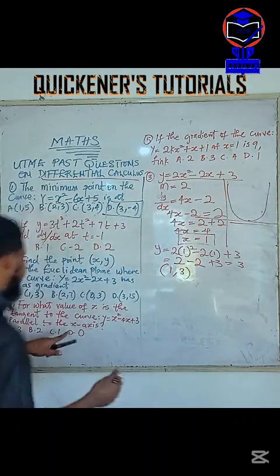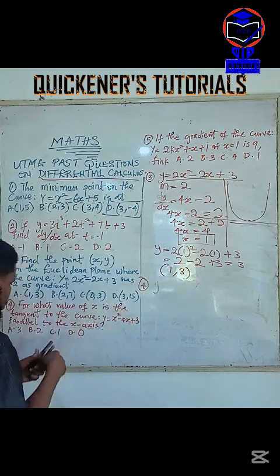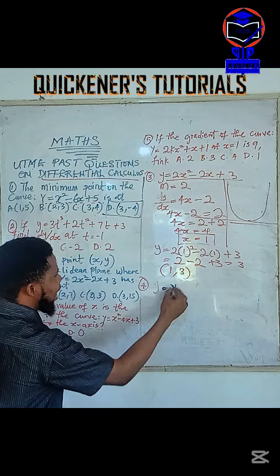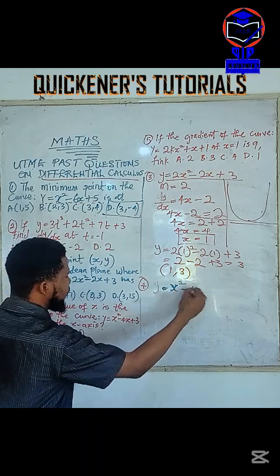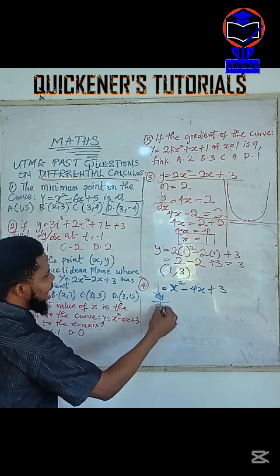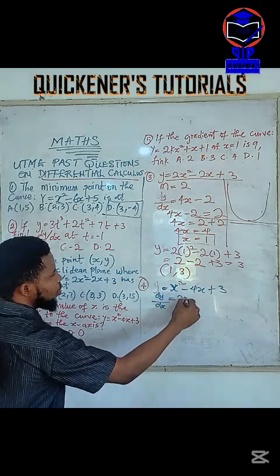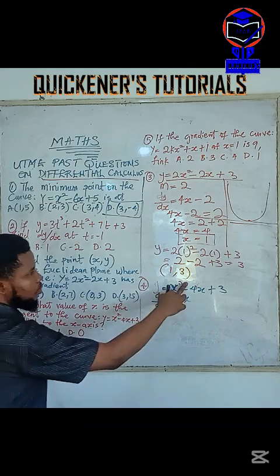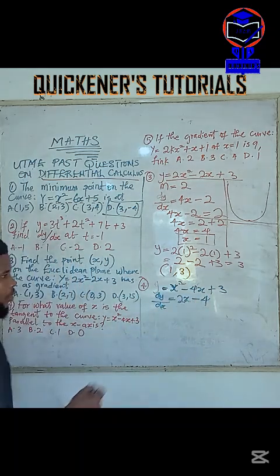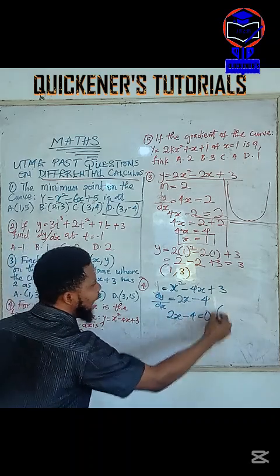So this is our equation here. This is number 4, right? So y is equal to x raised to the power 2 minus 4x plus 3. So dy/dx equals what? 2 times 1, that's 2x, right? You remove 1, you remain 1, right? Minus 4. So 2x minus 4 equal to 0